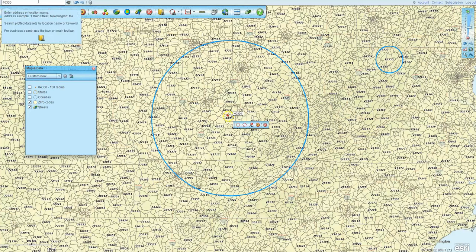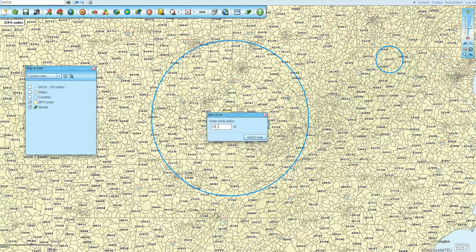So again, I plotted the point on the map using Map Business Online Pro. That puts a center point here. I then use the radius search button to create my 150-mile radius. So I just clicked that button, put 150 miles in there, and then ran that query to place this query around the center point. I then queried my circle for zip codes, which gave me a